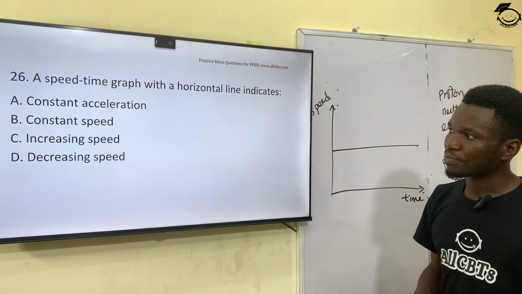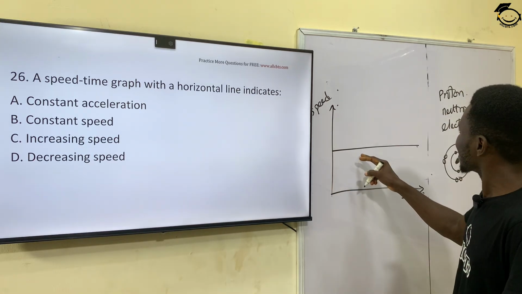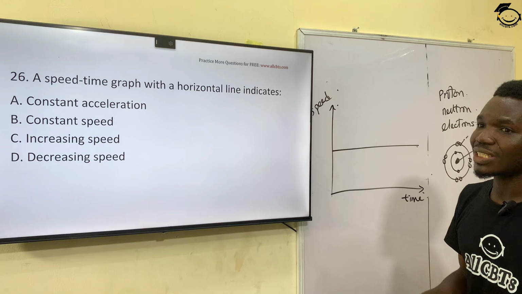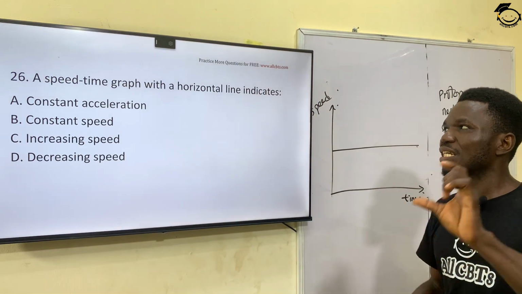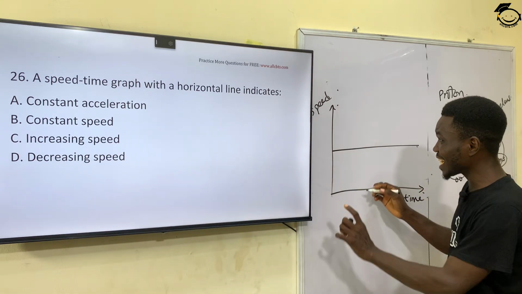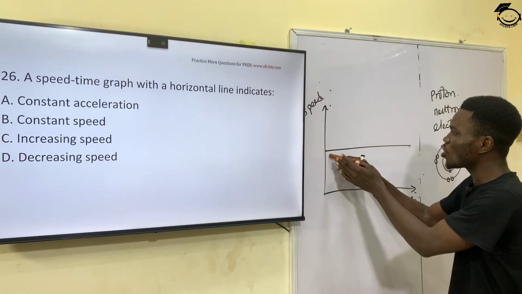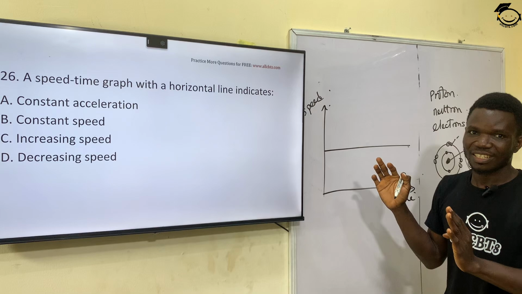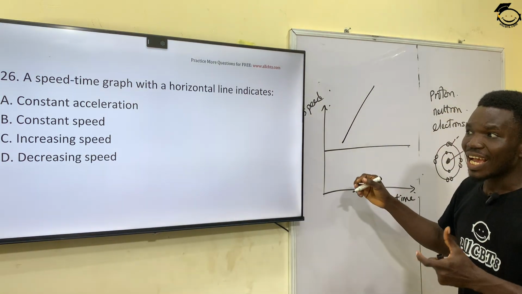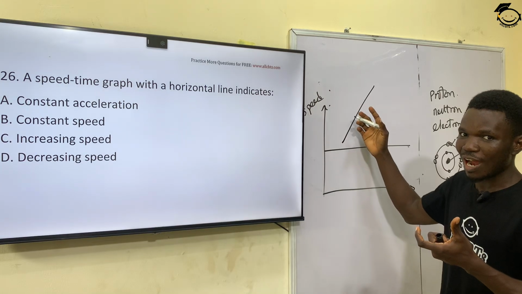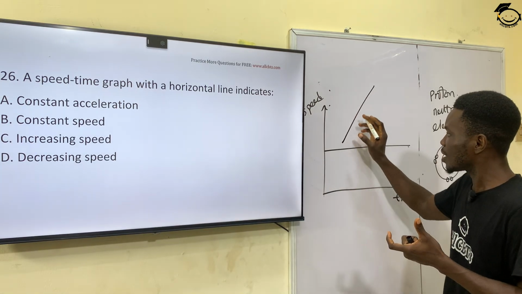That is what they're asking us. So a speed time graph with a horizontal line is a constant speed graph. It indicates that there is constant speed. There is no change in the speed. So assuming it were slanting upward, it would have been a constant acceleration graph. But it is not slanting upward, and it is